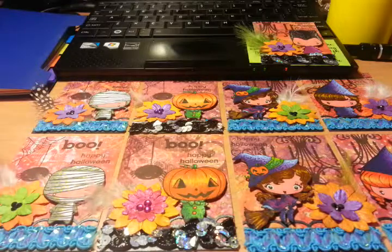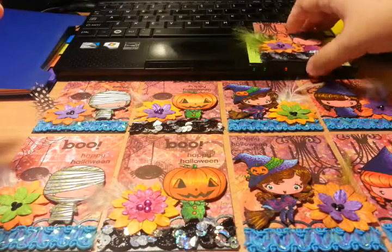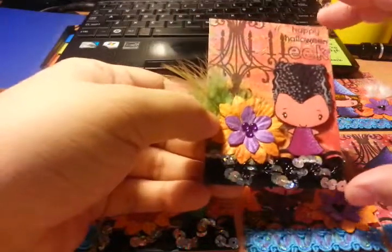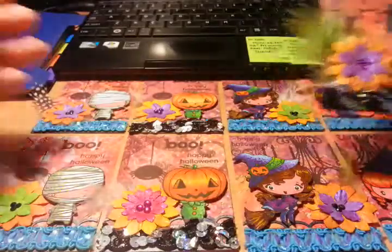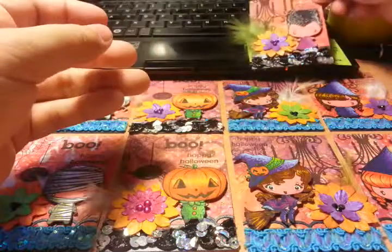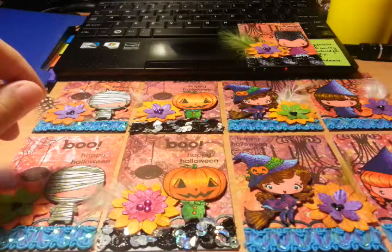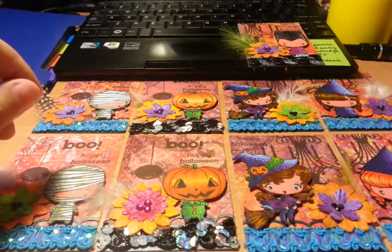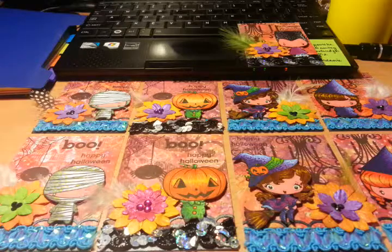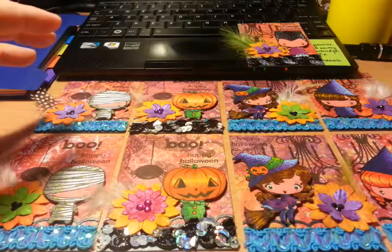But anyway, this is a batch of ATCs, or artist trading cards, and you can pretty much do whatever you want on a specific size. So this is 3.5 by 2.5 inches, and these are exchanged between artists. And I've actually joined an ATC swap, and this is the fourth one. All of these ATC swaps are organized by Kathleen on the Filipino Scrapbookers Club, and she invites ladies from other clubs as well, like the Philippine Crafters Association and a few more others, to join in. So it's a big swap, but